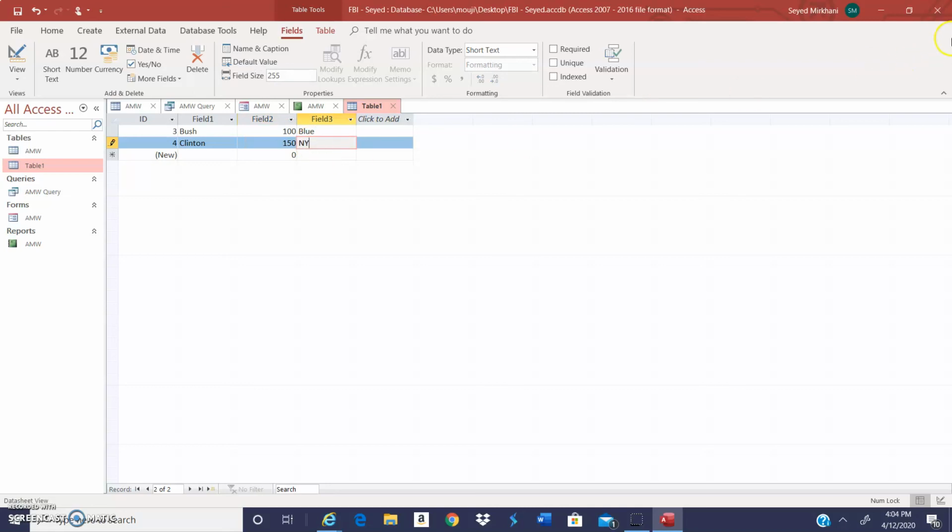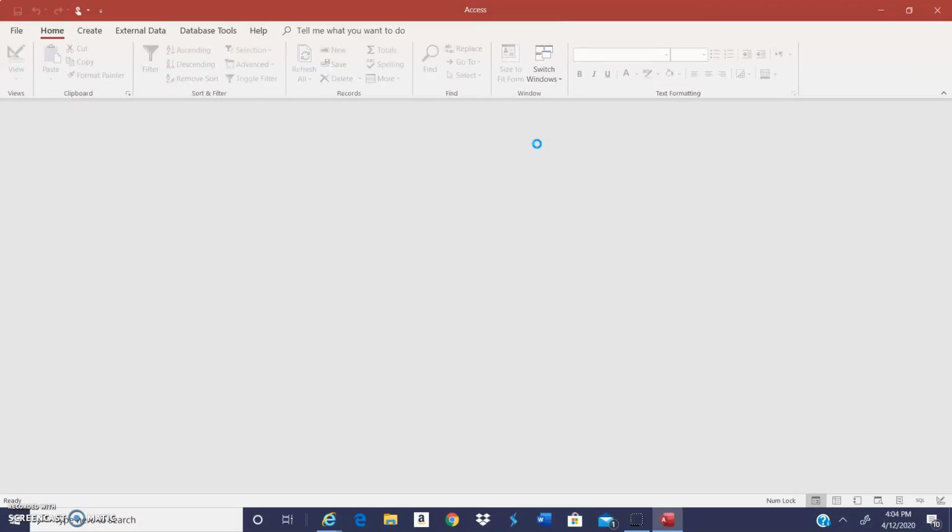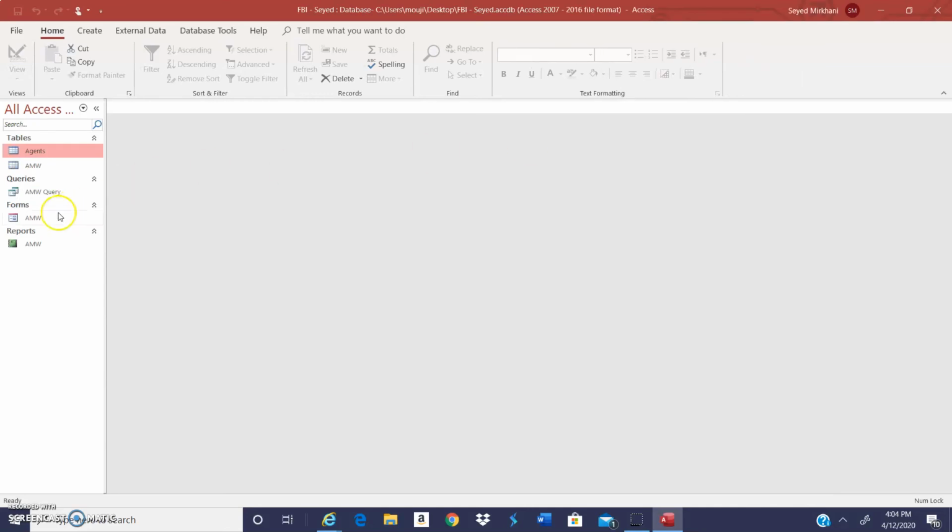Therefore, I'm going to close this. And it says, do you want to save the changes? Yes. And I click table one. How about if I call table one, this table, how about if I call it agents? And then I click OK. And now I go to FBI. Look how nice it is. And it is going to pop up with two tables. One table is agent, one American